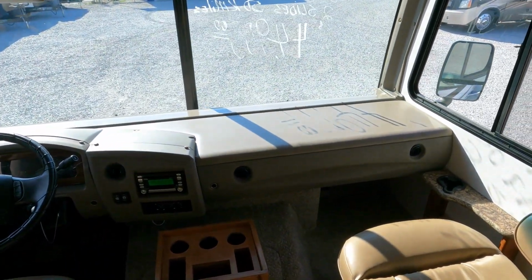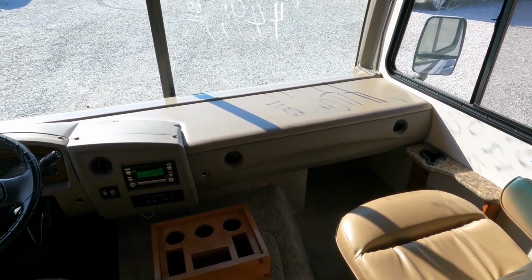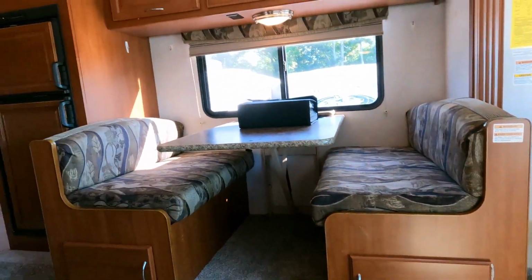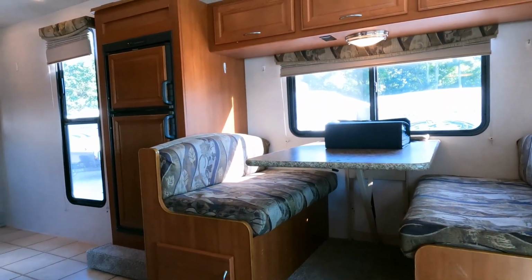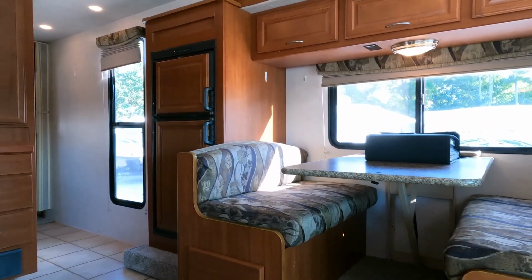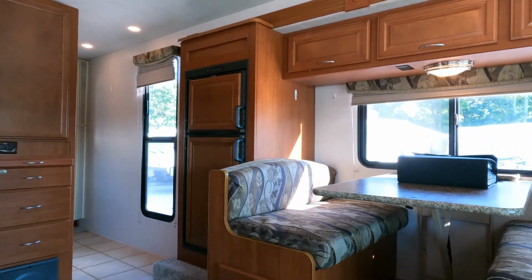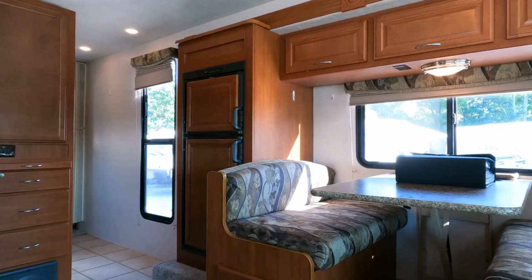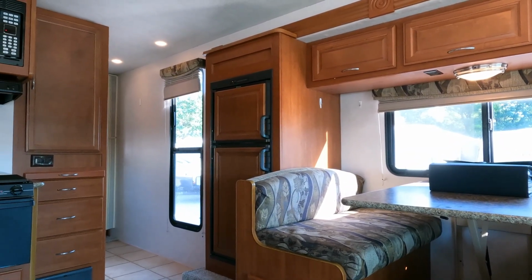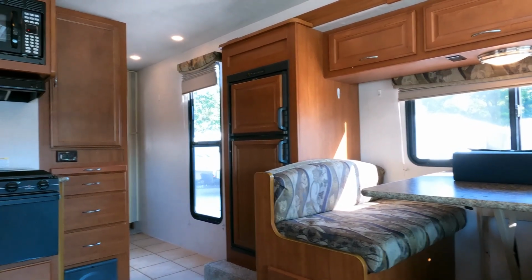Yeah, this is pretty neat, guys. I like the size of it. I think this is a great size, not too big, not too small. Not everybody wants to drive a 40-foot plus behemoth going down the road. Don't get me wrong, my last one was a 38-footer, and it was nice when you got there, but going through the cities and trying to find a place to stay, it made it a little awkward sometimes. But it is nice, something like this, you can stay in more places than with a great big one, and